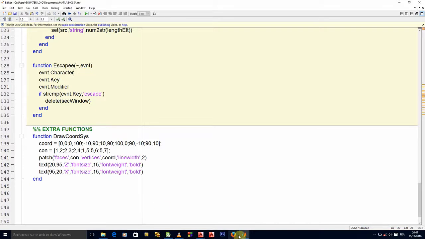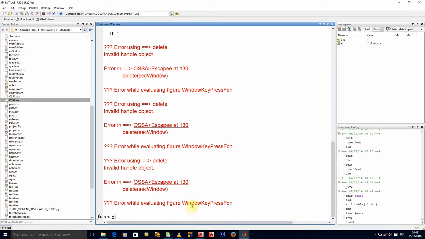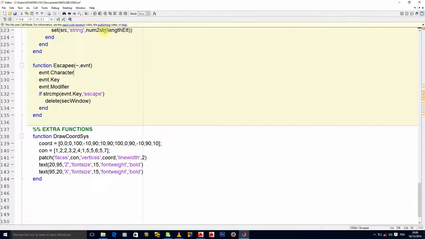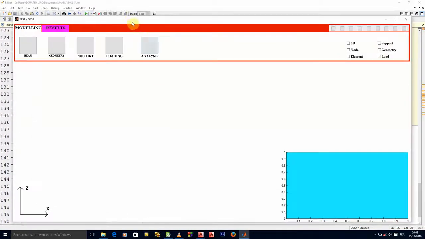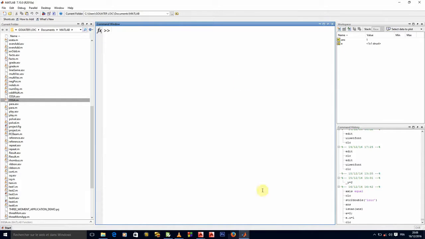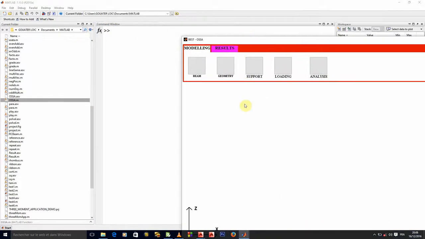So let's try that. Let me first of all clean that command window. So when I run here, let me make my command window active. With my figure activated, when I press on E, are you seeing that?